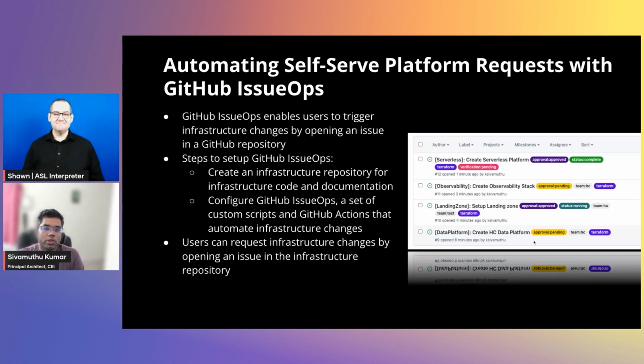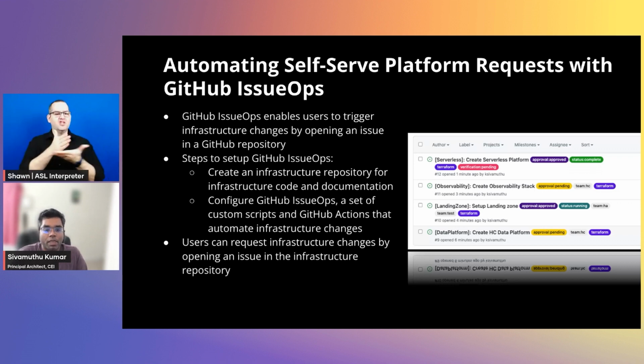So today I'm going to show you the workflow we have built for our projects and our clients, and how you can automate self-serve platform requests with GitHub IssueOps. In this one, I'm going to show you how we can use GitHub IssueOps to get the onboarding request, or the platform creation request, from the app team, and how we can automate the infrastructure creation, the infrastructure validation testing, and even the provisioning of the infrastructure, everything through